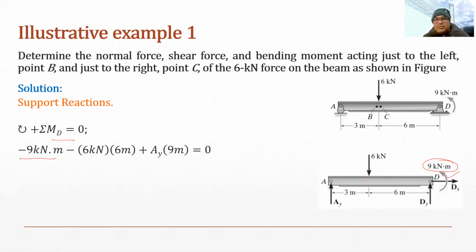Now minus 6 multiplied by 6. At this point, this force will be rotating like this. This is anti-clockwise, 6 multiplied by 6, and therefore it is negative. Similarly, the moment because of this reaction will be rotating about point D like this. So AY multiplied by 3 plus 6, which becomes AY into 9. And it is clockwise, so we have taken this as positive moment. Now solving this equation, we get the value of AY as 5 kilonewton.